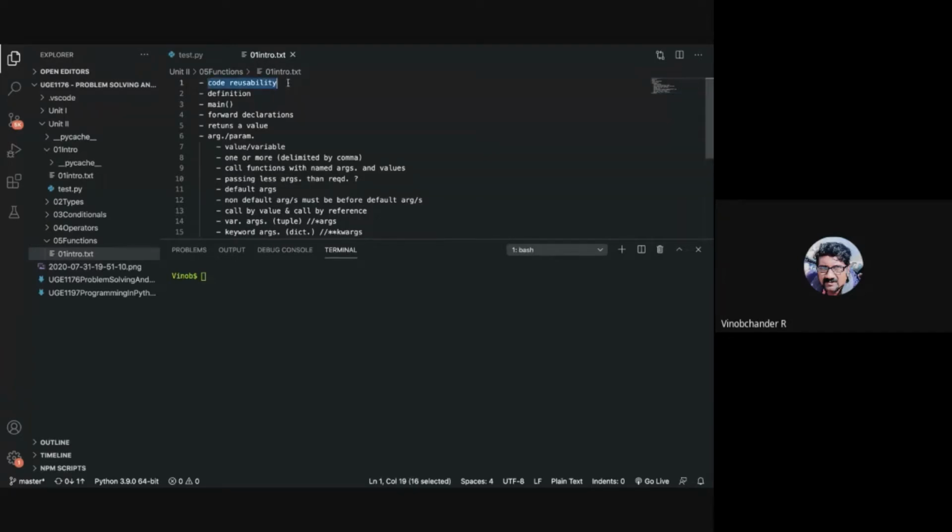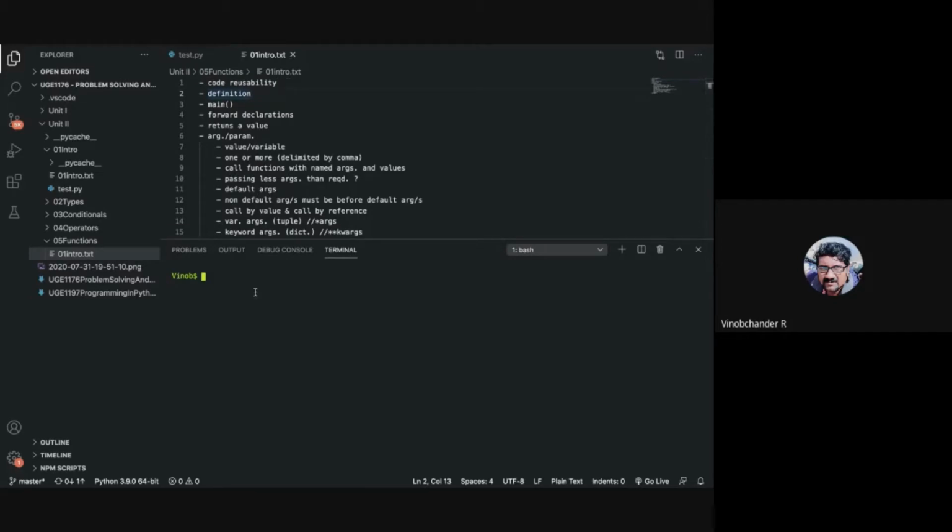So the first point, functions. As you guys correctly pointed out, the main purpose of using functions in programs is code reusability, right? If you want a particular block or a particular task to be executed again and again, you put it in a single unit and call that unit whenever and wherever you want. That is the entire idea of functions.